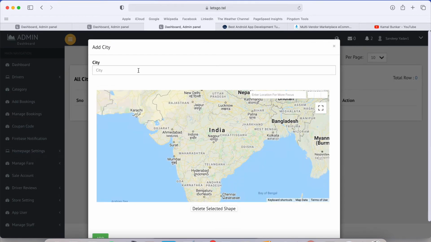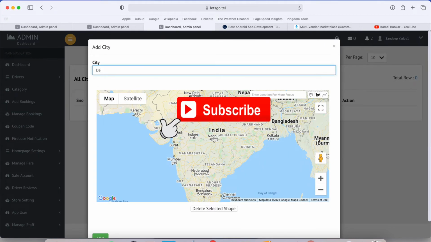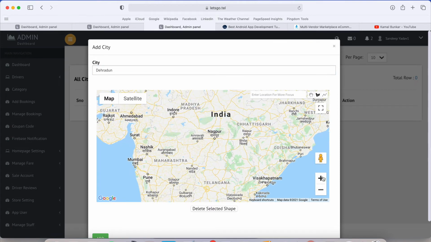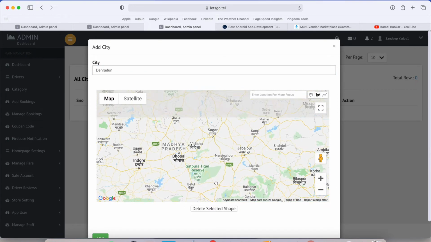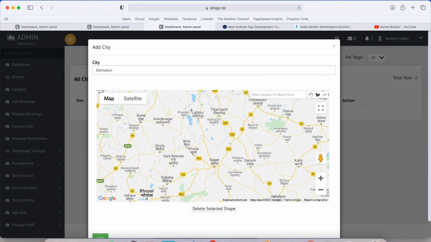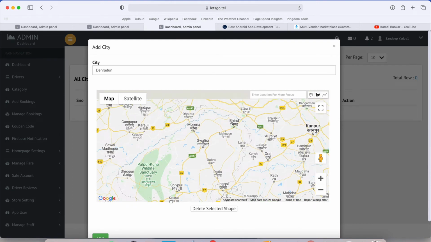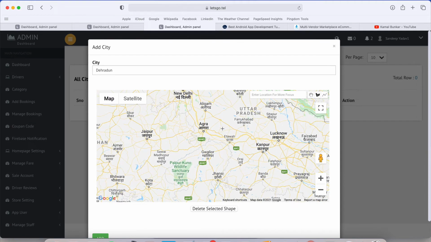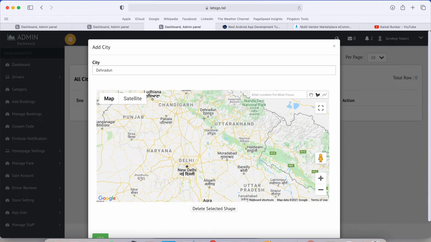Let me create one city, Dehradun. Now I can create a range. On this map, first I will go to Dehradun. Let me minimize it. Dehradun is there.